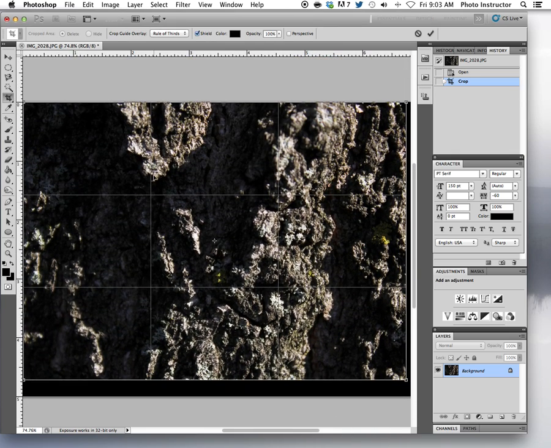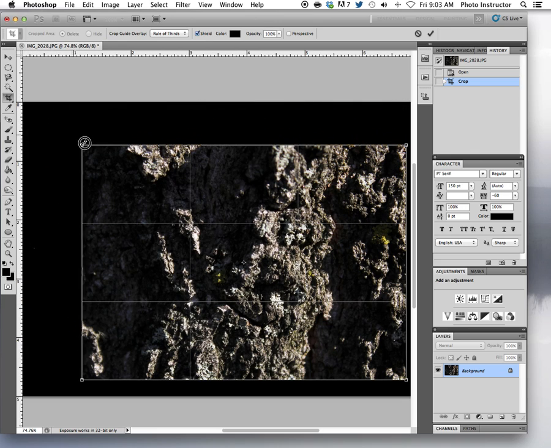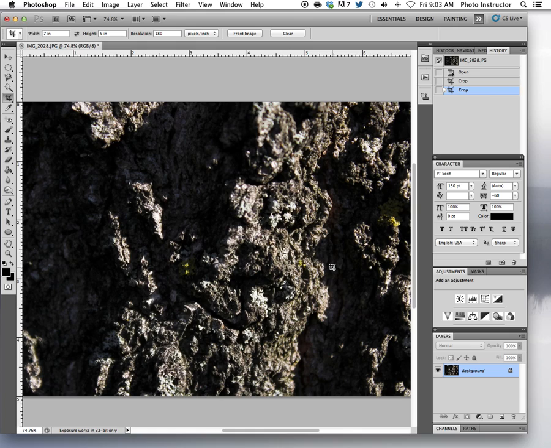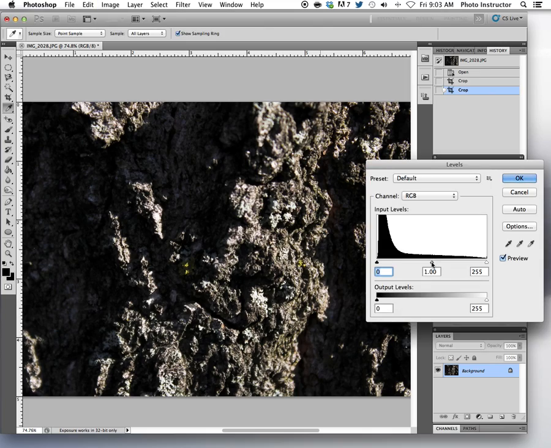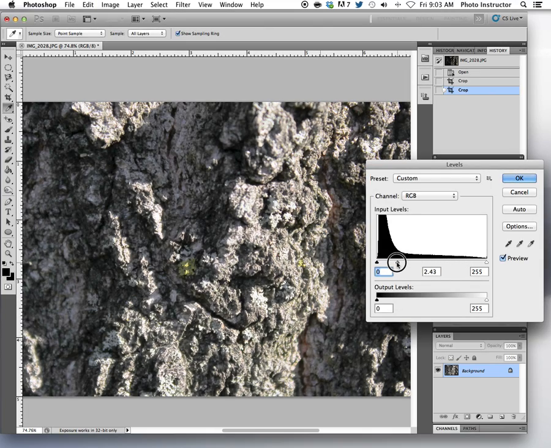I'm actually going to try to crop away some of the shadow on the side here. Once you get your picture cropped the way you'd like it, the editing for this project is very similar to the point of view project. You're going to adjust your levels, your saturation, you're going to add your name, but you're going to do that on adjustment layers. So in the past, you would adjust the levels directly on the picture, on your background layer, which